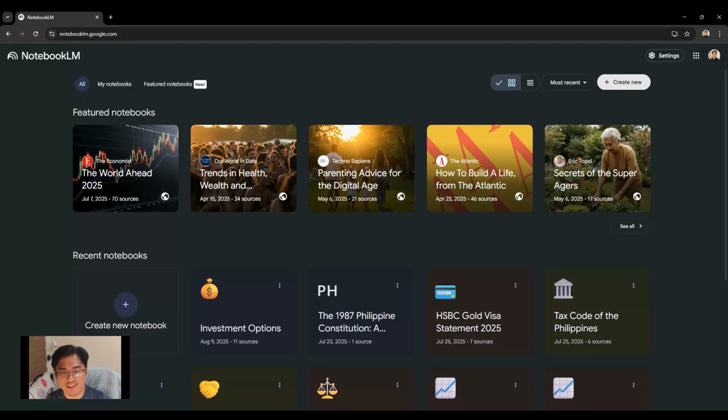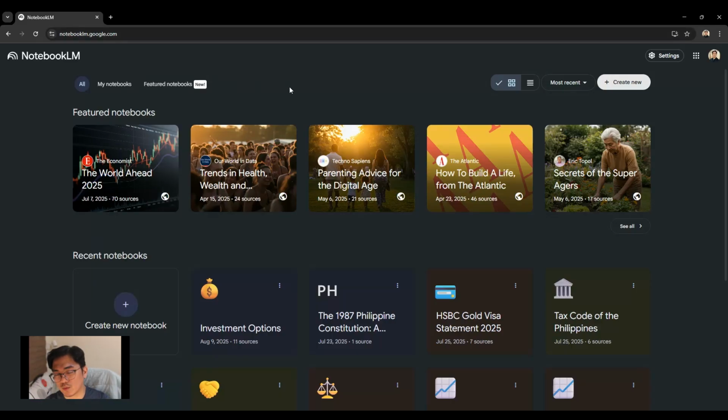This is Jed, and today I want to share with you a tool that I just discovered a few weeks back. This one is an AI powered online tool that you can use to organize and understand things if you have the sources for it. So this one is called NotebookLM. All you need to do is just go to this website,